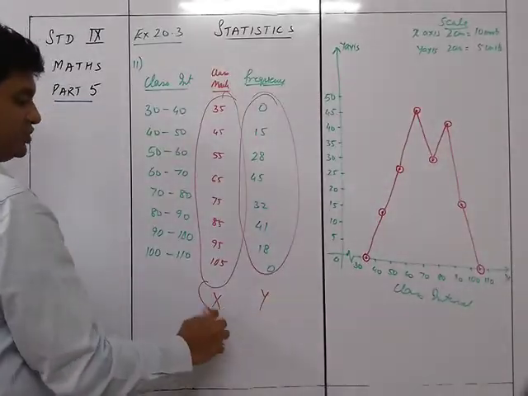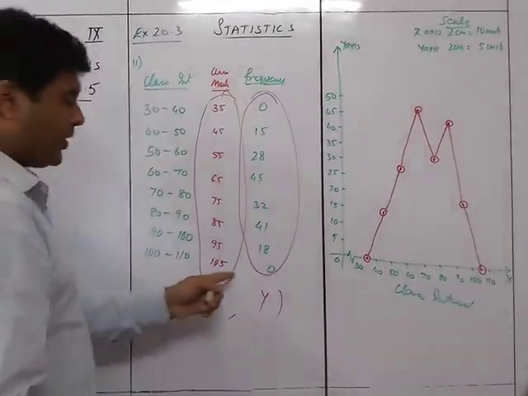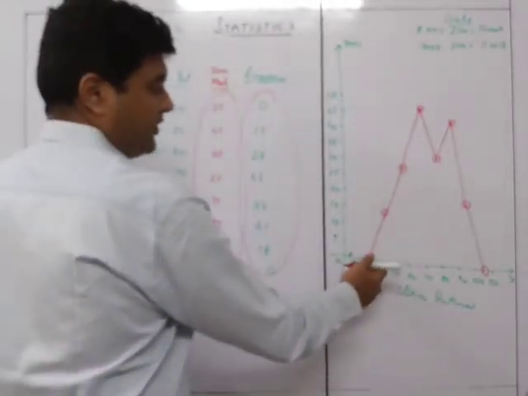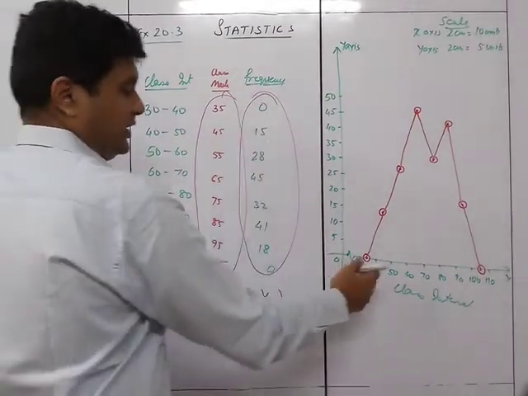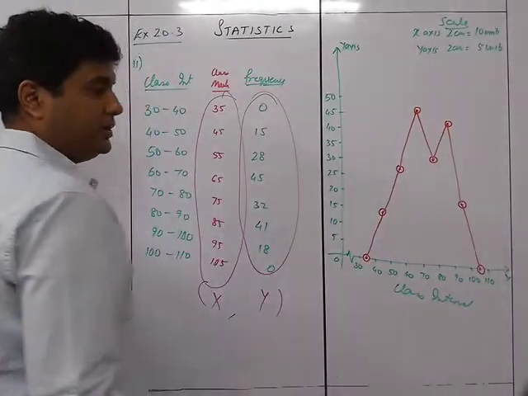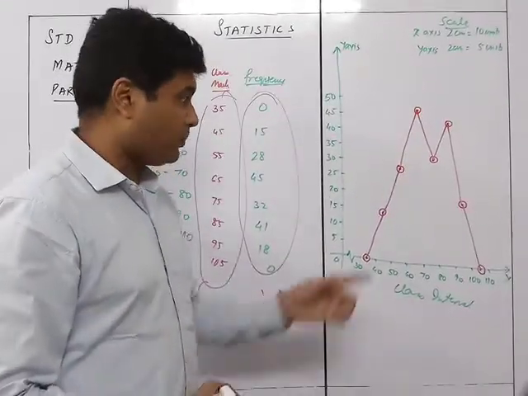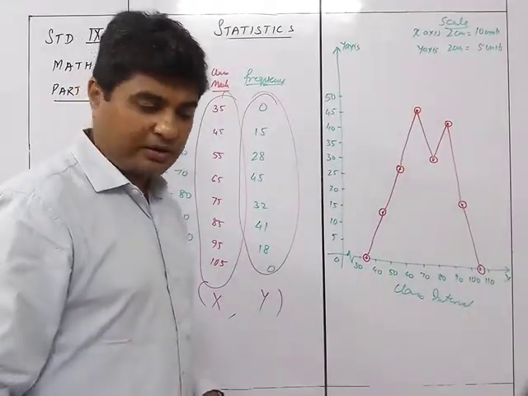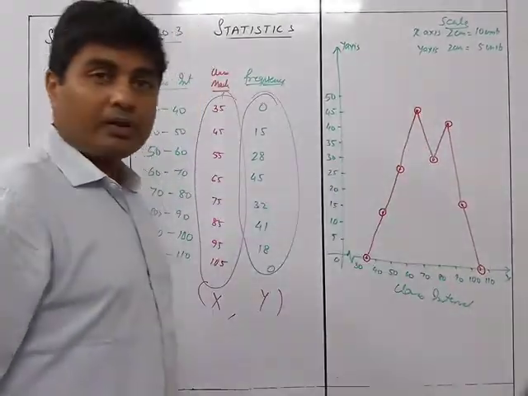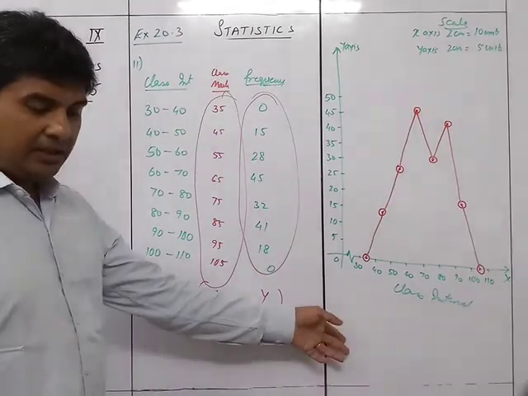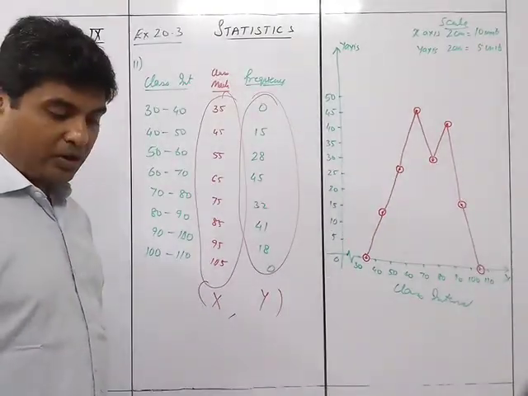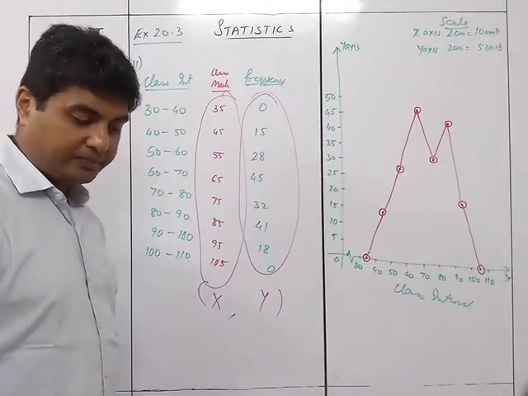So this is x comma y. If I ask, what is the point I plotted? 35 comma 0. So 35 comma 0 is here. 45 comma 15 is 45 comma 0, 15 is here. So these are the points which are considered as the coordinates of that points over here. You had learned coordinate geometry earlier. So this is exactly plotting it this way. So this is the required frequency polygon for question number 11.